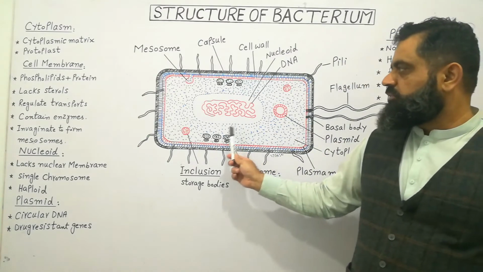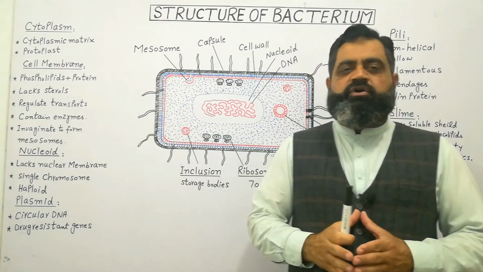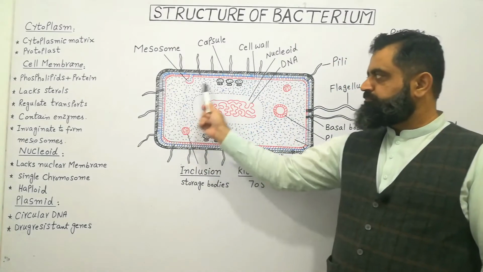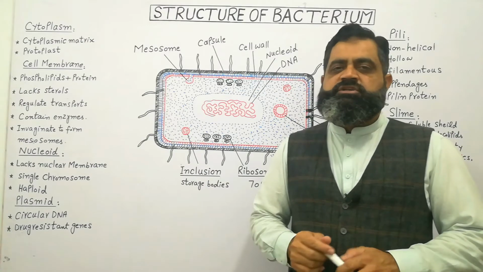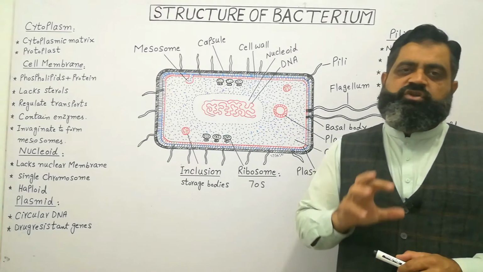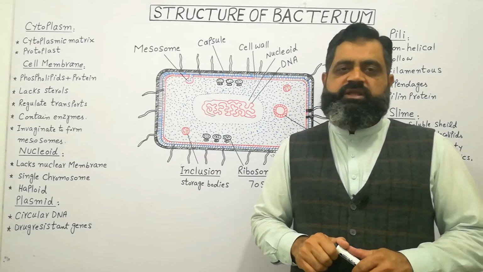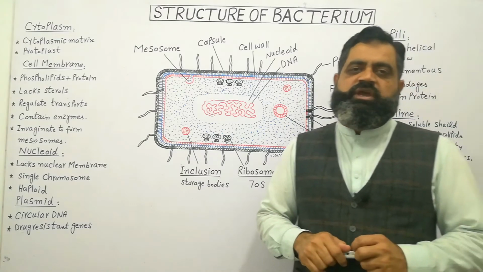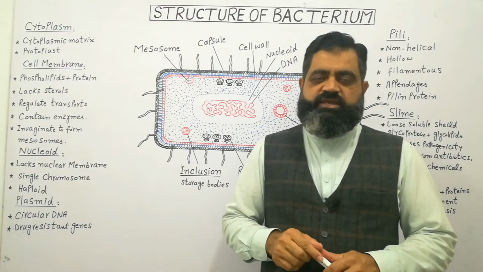So first of all, I am going to discuss cytoplasm. Cyto means cell, plasm means fluid. It is the fluid which is present inside the cell, as you can see in the blue area. This cytoplasm consists of cytosol, which is mostly water, with organic and inorganic substances dissolved in it. If we remove the complete cell wall of a bacterium, the remaining portion will be known as protoplast. This cytoplasm is also known as cytoplasmic matrix, which contains all the organelles and components of the cell.